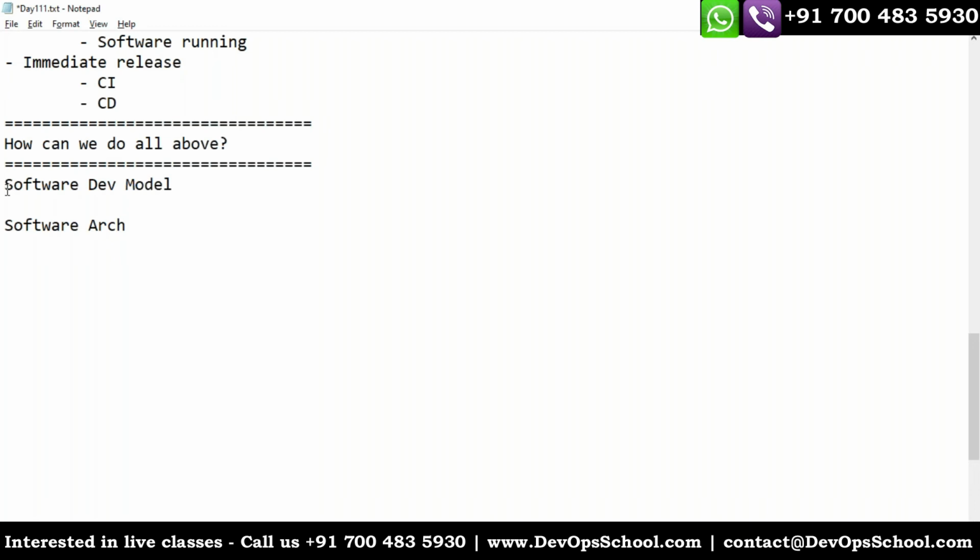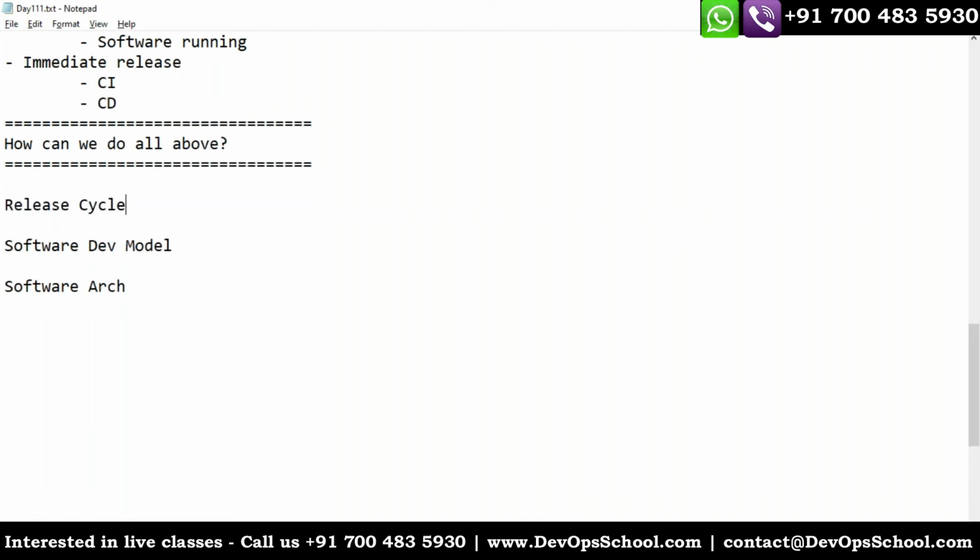Then we have a release cycle. Release cycle, software development model, software architecture, software platforms, and all stuff like that.